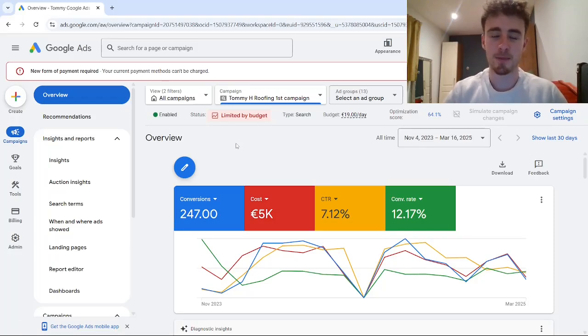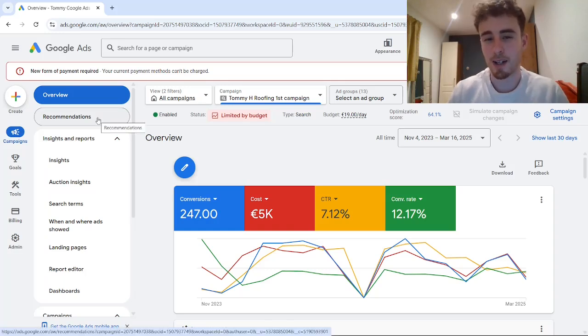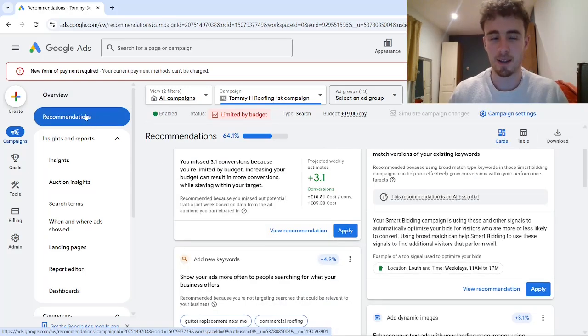Are Google's recommendations there to help you or just to drain your budget? In today's video, we'll walk you through how Google Ads recommendations work and what to watch out for, just to make sure that you make the most out of your budget inside your campaign. So, what are Google Ads recommendations? They're the recommendations that Google obviously wants you to make, and you can find them